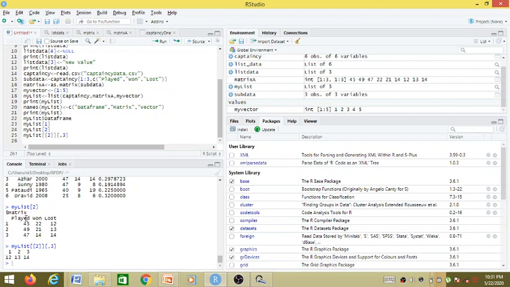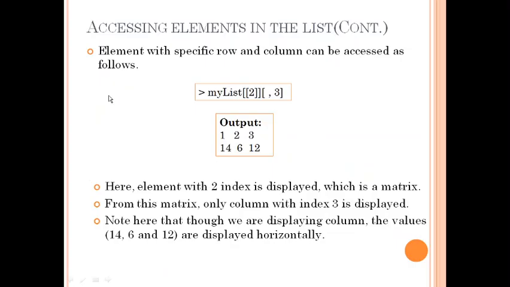The third column holds the values 12, 13 and 14, and we are getting the same values. It has just been displayed horizontally. We have also seen this yesterday, that if a single column is displayed, it may get displayed horizontally, but it is actually the third column. So this is how indexing works.